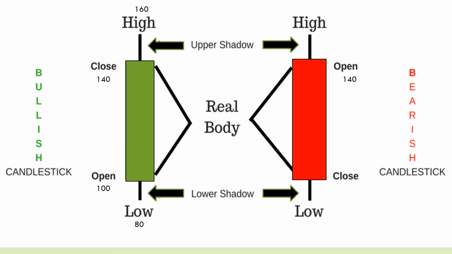Similarly, here in the red candle, open is at 140, it has made a high of 180 and it made a low of 60 and it closed at 100. The closing price is lower than the open price. It is called a bearish candlestick. It will be represented in a red candle. I hope it is clear about the candlestick parts and also how to measure open, high and close of the candlestick.